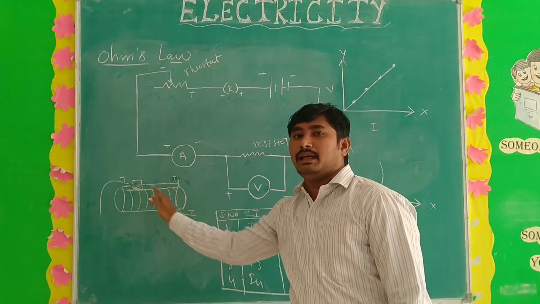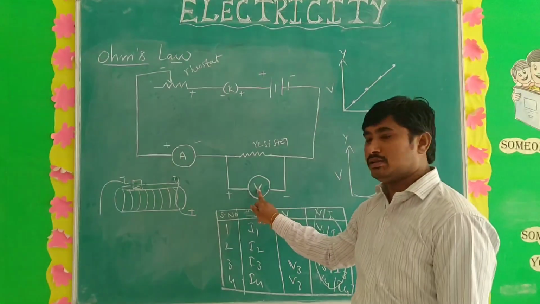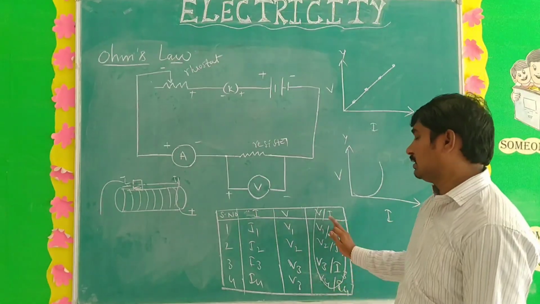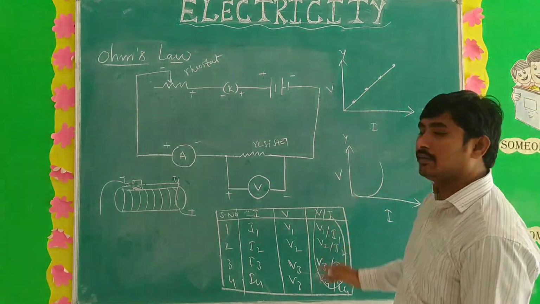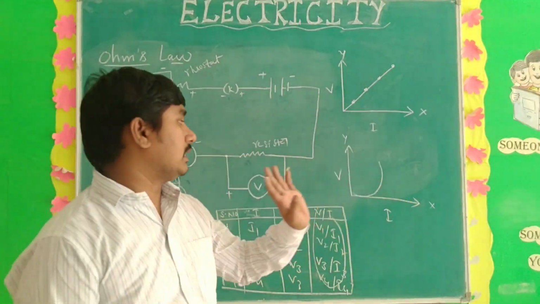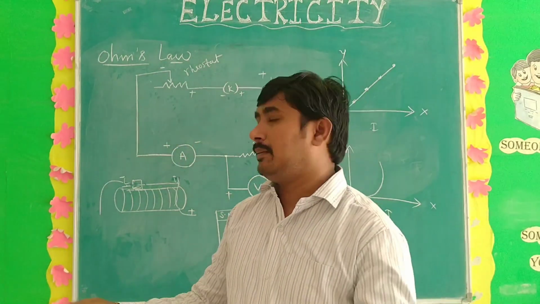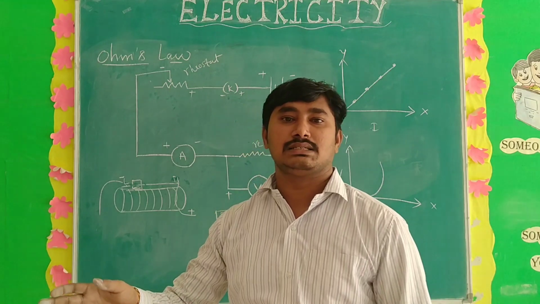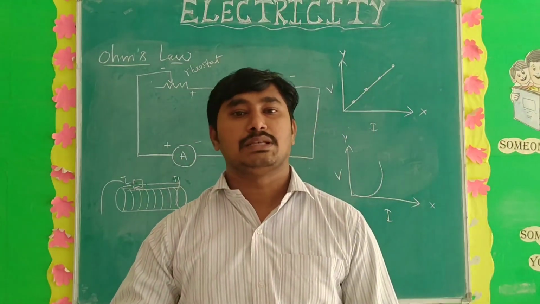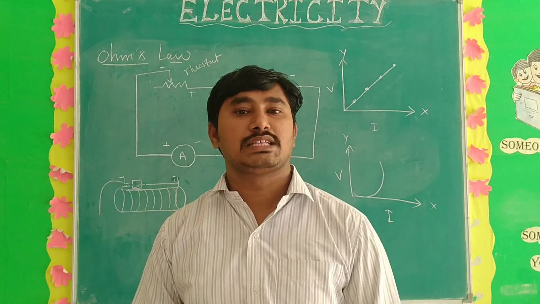You have to change the rheostat position, check the ammeter and voltmeter values, write the values in the table and draw the graph. If the graph is a straight line, that is an ohmic material. If it is a curved path, that is a non-ohmic material. Do you understand what I explained? So today overall we covered what resistance is, what factors the resistance depends upon, and what Ohm's law is. Okay, students, do you understand what I explained today?